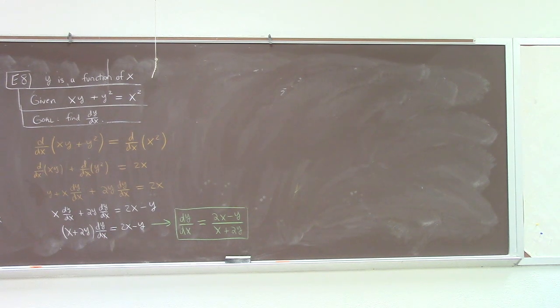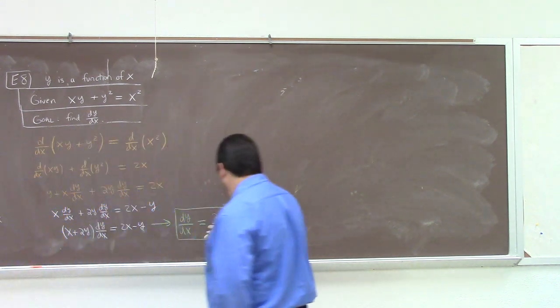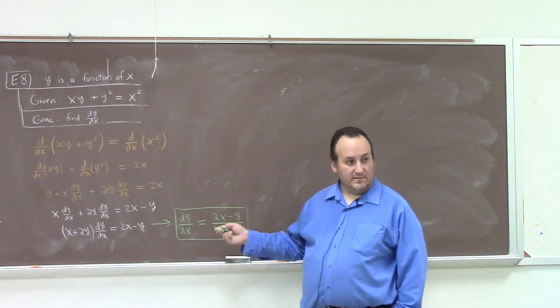Does this make sense? So what's the procedure? You differentiate the equation. Every time you've got a y, you pick up a dy/dx. And then once you're done with that differentiation, you solve for dy/dx. And the answer, you notice, is not a function of x alone, right? It's implicit. See, it's got x's and y's in here. That's the nature of